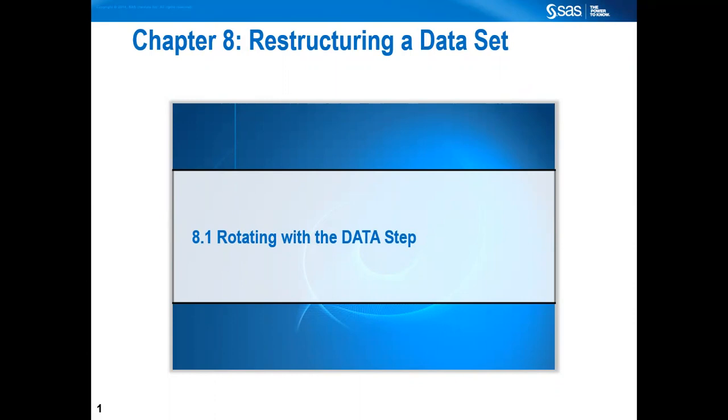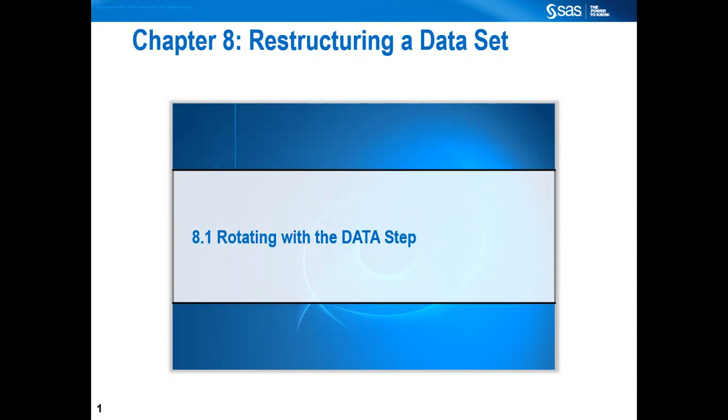So when we say rotating a data set, that means sometimes we have our data in a structure where the row values are to be converted to columns, and the columns to be converted to rows, because there are certain scenarios where you have to generate a report,